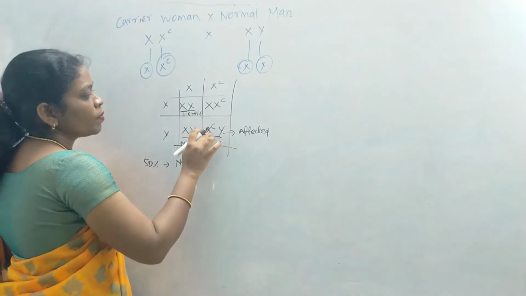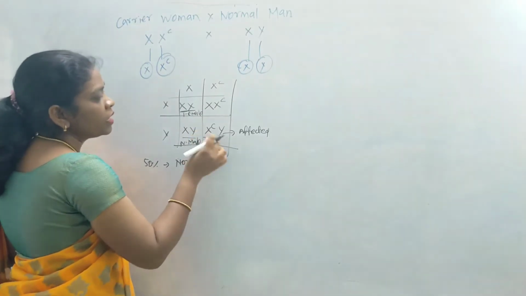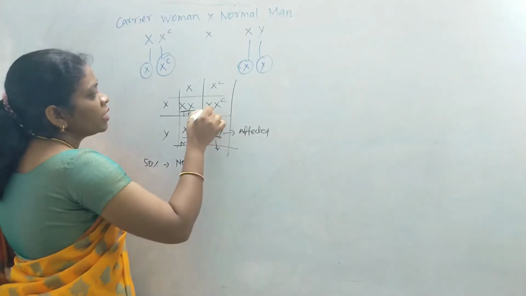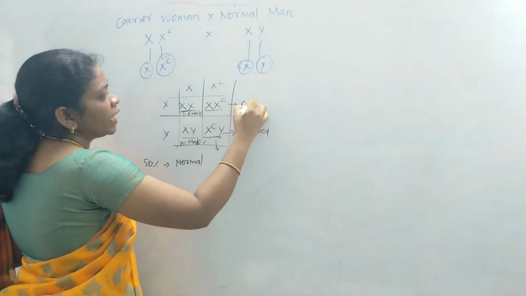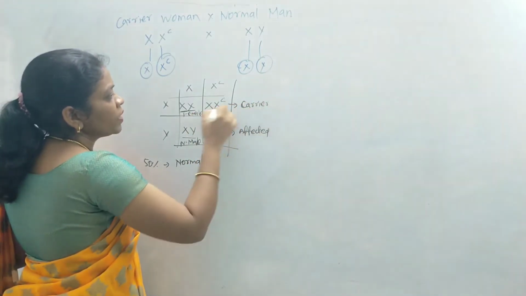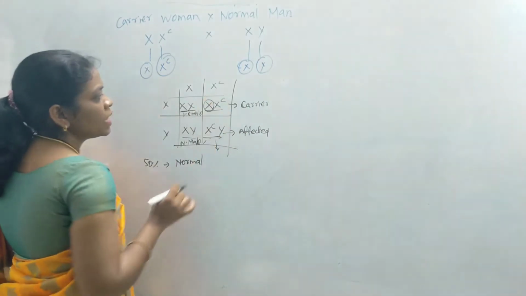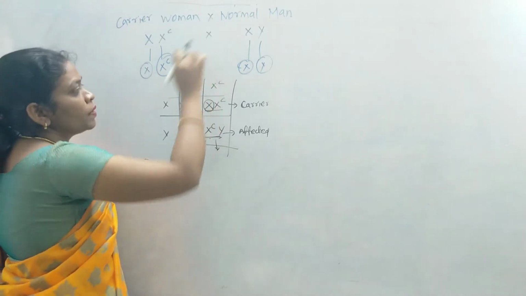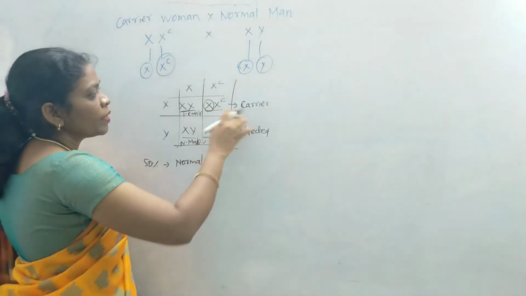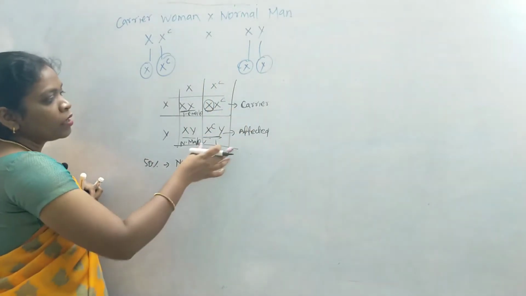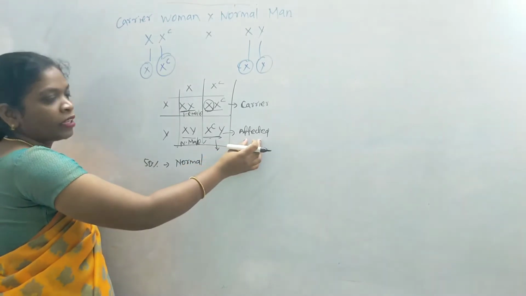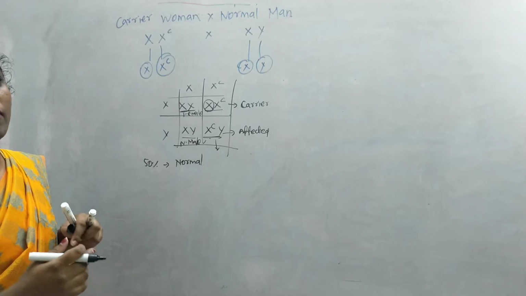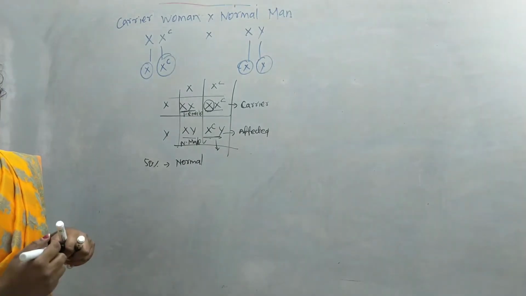So if the X chromosome carries the disease causing factor, eventually the male will be affected by color blindness, and the female will become the carrier for the disease because the other X chromosome will suppress this diseased gene, so she will not express the symptoms of the disease. The female will act as a carrier here. So in most of the cases male will be affected, not the female. In most of the cases the female will become the carrier, where they will not show up the symptoms of color